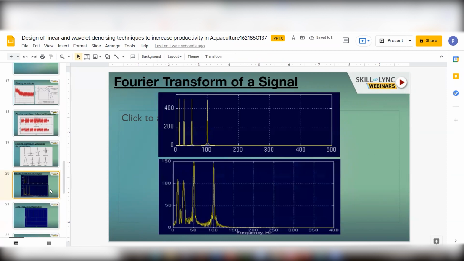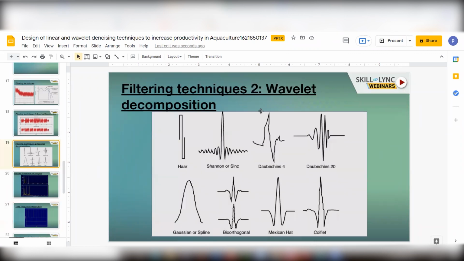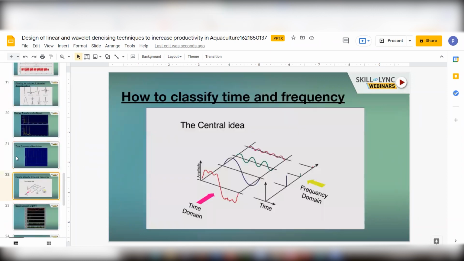We either know about time or we know about frequency. This time frequency resolution technique is one such technique where you can know it in a better way compared to Fourier transform. But that's not what we want completely. So this wavelets technique, which is incremental to time frequency resolution technique, looks like this. Here, time domain and frequency domain are two different things.